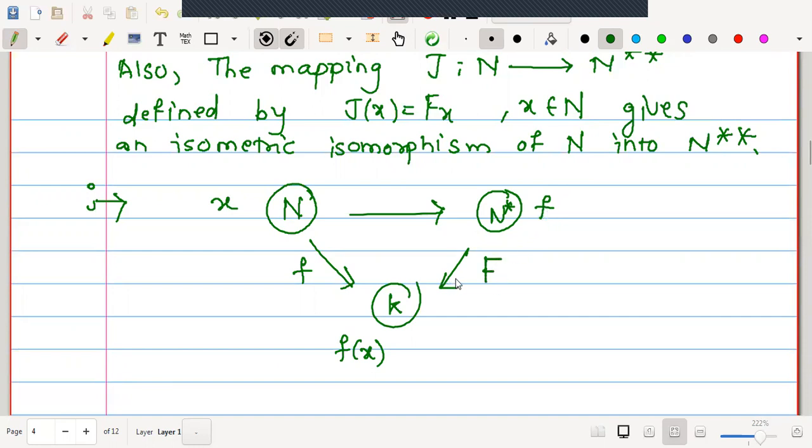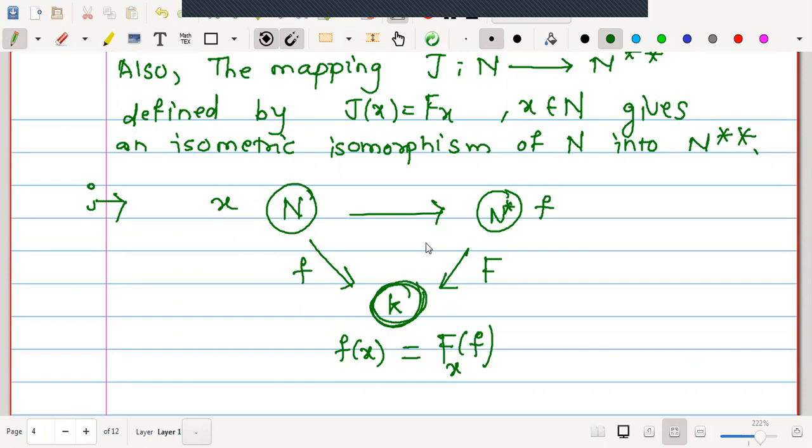Now, what will be the image of this small f under capital F? It is of the type capital F of small f, but finally it is a member of the set K. But already the nature of element in K we have defined to be f of x. Therefore, somewhere this will be an equality, and this value depends on x, because we are equating it to f of x. f of x depends on x. Therefore, whatever the initial statement given, for every vector x in N there exists a functional, or it induces a function. For every x, we know there is one mapping.